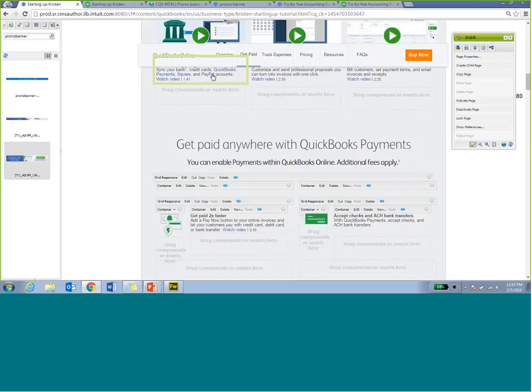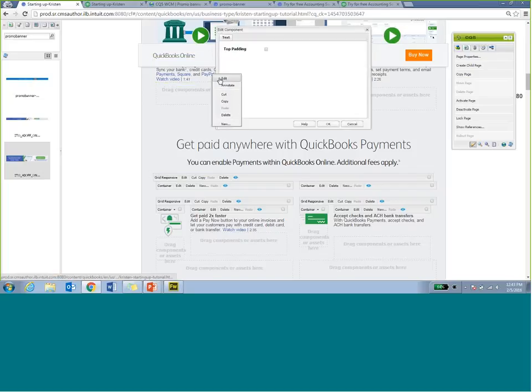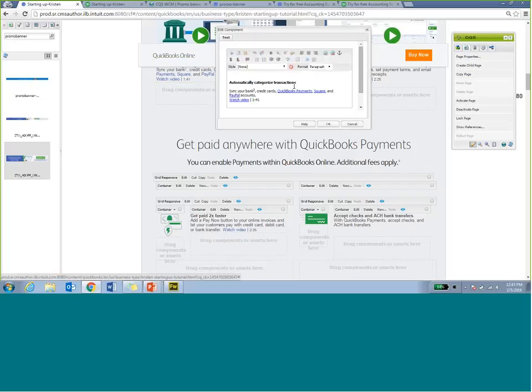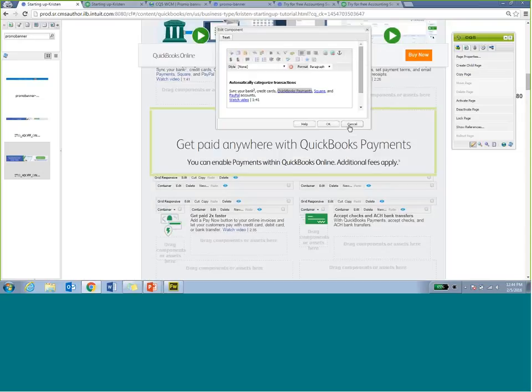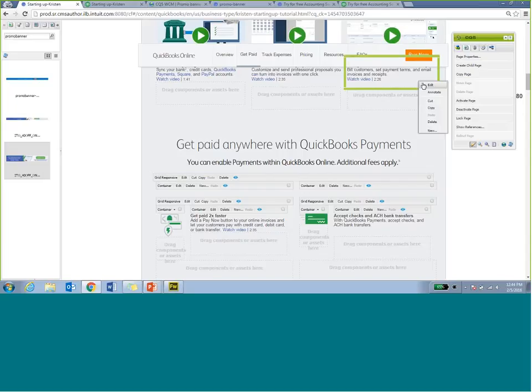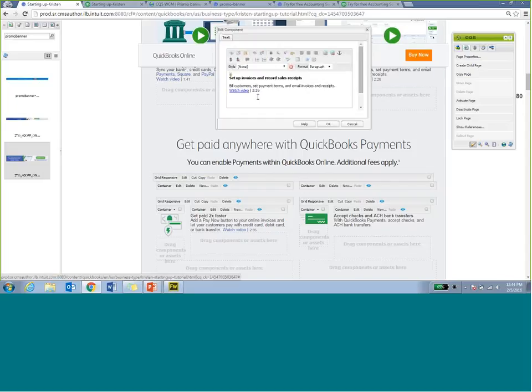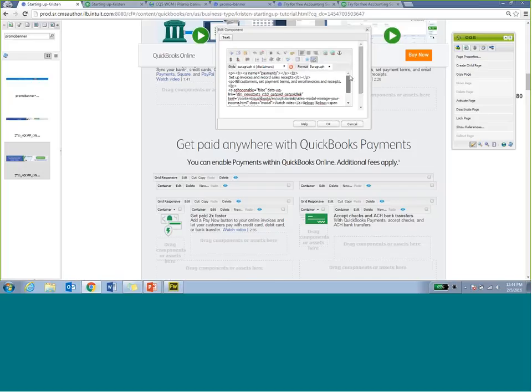And then in here, to link the certain text, you would go here, hover over it, link, and then you put pound payments. And then it would drop down to the page. So if I did it over here, what would happen is,